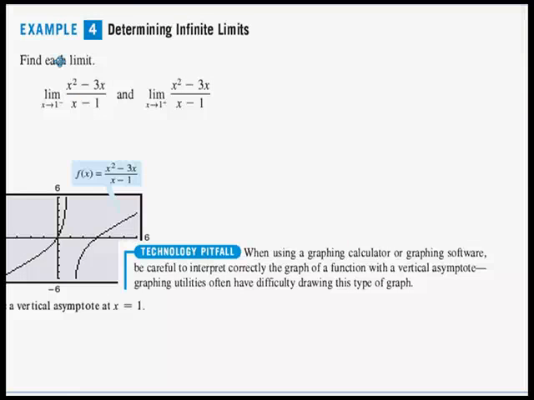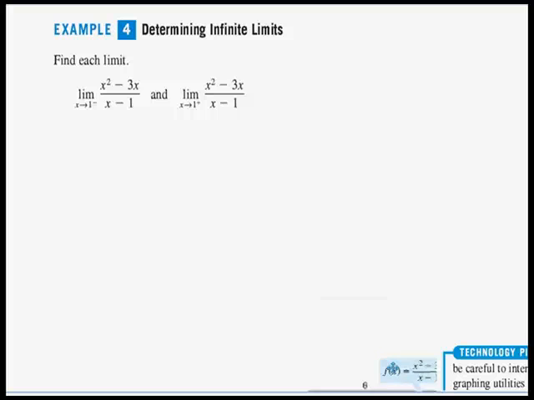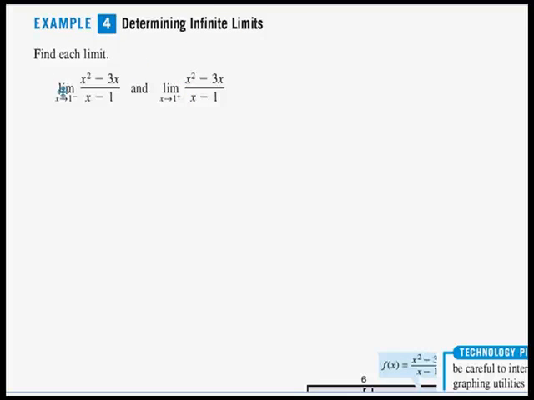All right, and here in example 4, it says, find each limit. We're determining infinite limits. We have the same function, x squared minus 3x over x minus 1, and we're approaching 1 from the left, and we're approaching 1 from the right. So let's see here, as we approach 1 from the left-hand side, or numbers a little bit farther away from 0 than 1, I'm thinking 1